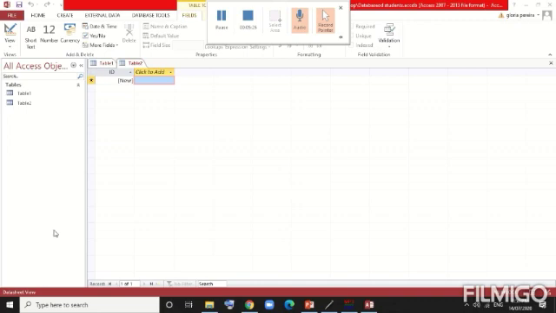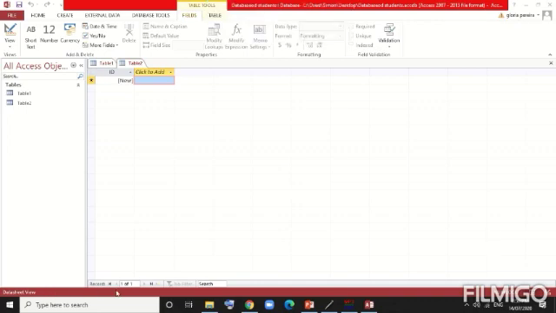The status bar. This is the status bar. It is present at the bottom of the window and displays information on the current database. The right side of the bar shows buttons for switching between the views and the active datasheet. So here you can use the view. Different views are available over here: Datasheet view and Design view. This status bar is going to give you the status of this particular database. Here is the Design view, you can use that. So view options are also available at the status bar.